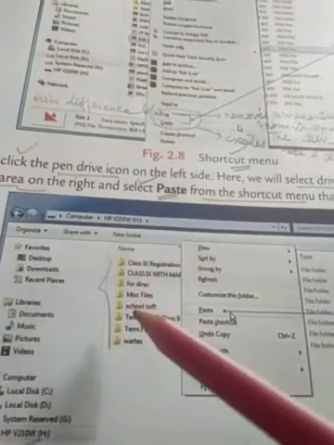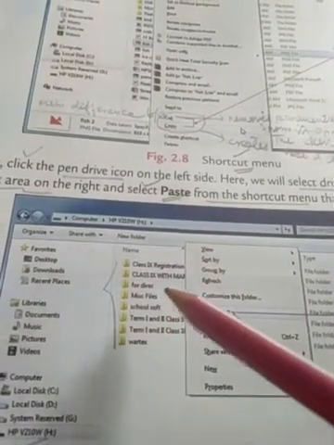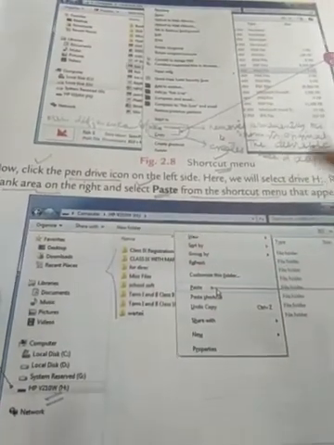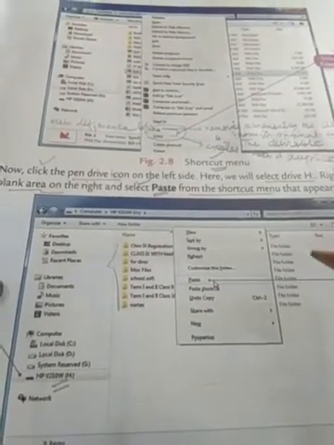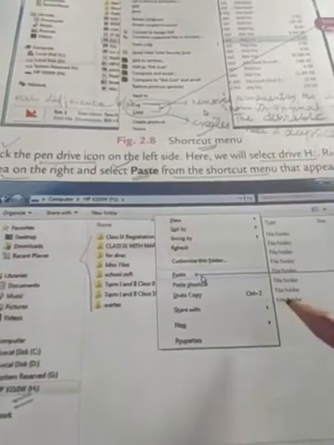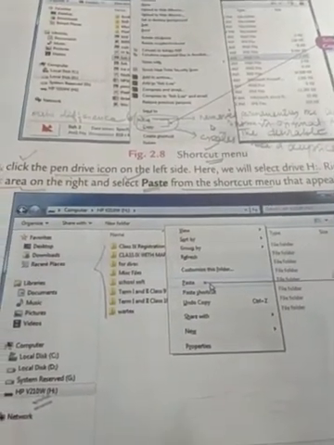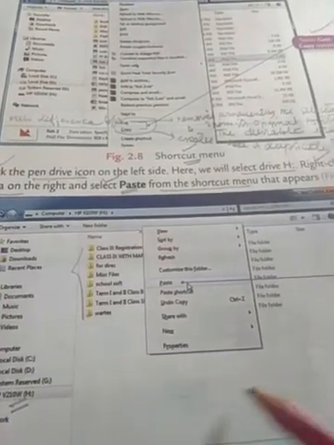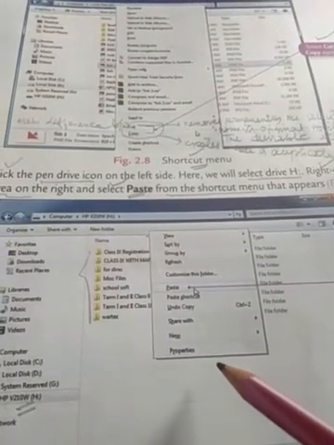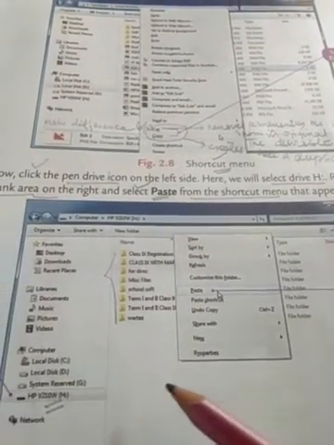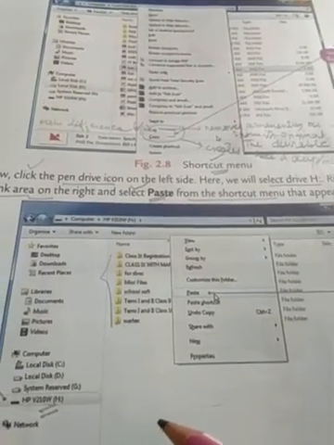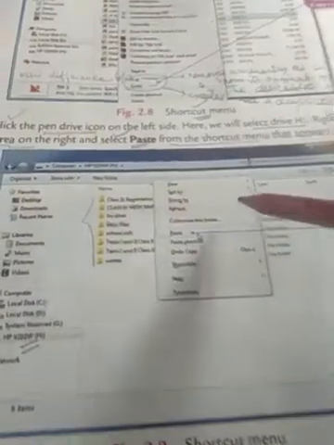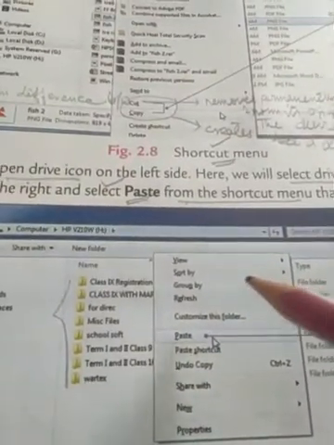These are the few files which are present in the pen drive, but in order to move that previously selected file or folder, we have to use the right click option of the mouse by placing it in this blank area of the pen drive, and after doing so we will have such kind of shortcut menu once again in front of our eyes.